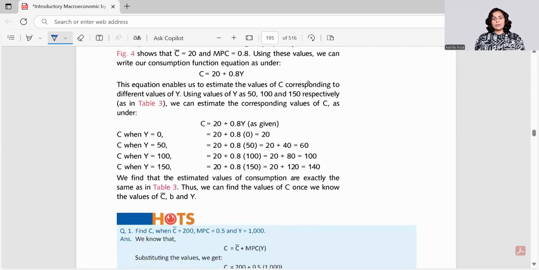Now, if you are given C is equal to 20 plus 0.8Y, how do you interpret it? Even if there is zero income, 20 units of consumption would happen. So this is the level of autonomous consumption of the economy. What does this 0.8 show? This 0.8 clearly mentions that out of every 10 rupees earned, 8 would be spent. Out of every 100 rupees earned, 80 would be spent, or out of 1000 earned, 800 would be spent. It means whatever is the component left would be a part of saving,